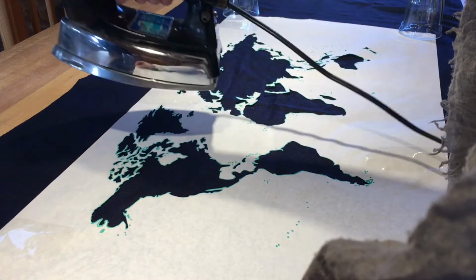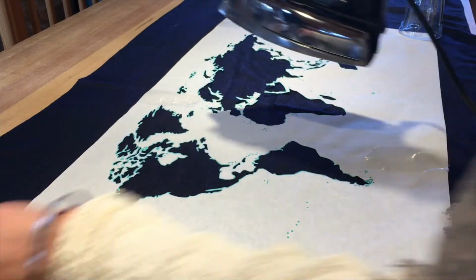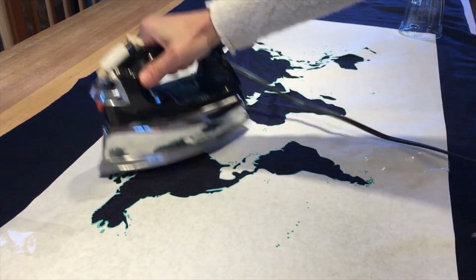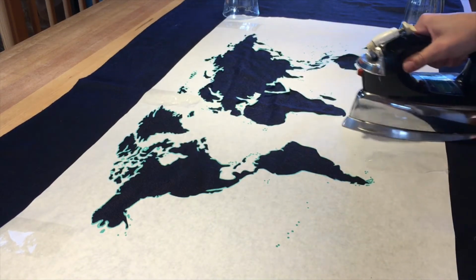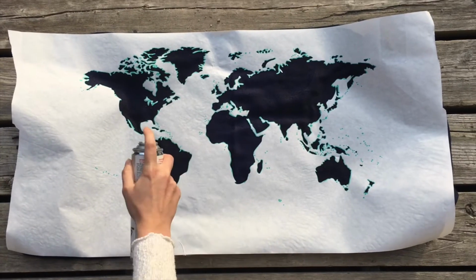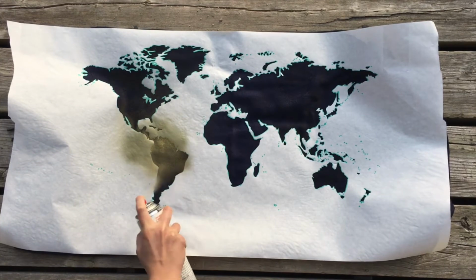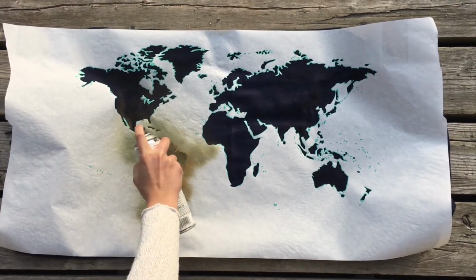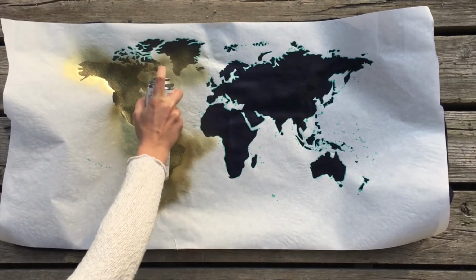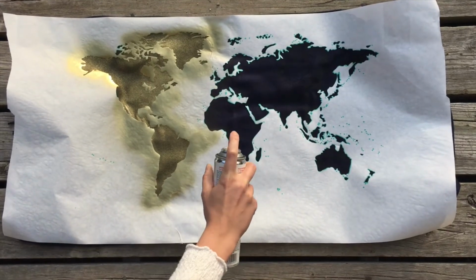So once you've done that, now it's the fun part. It's best to do this step outside so there's proper ventilation, because spray paint can be pretty toxic, so you don't want to be breathing that in. Also, just make sure that the edges of your fabric are protected so you don't end up spraying parts of your fabric that you don't want to spray. So I just tucked mine behind my freezer paper stencil. And then you're just going to want to spray completely over your